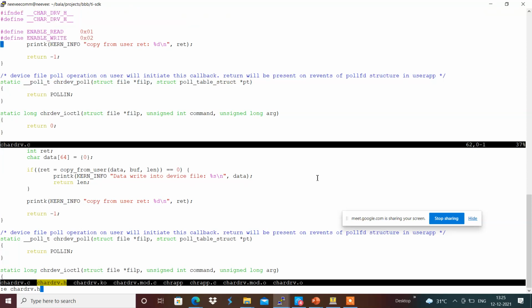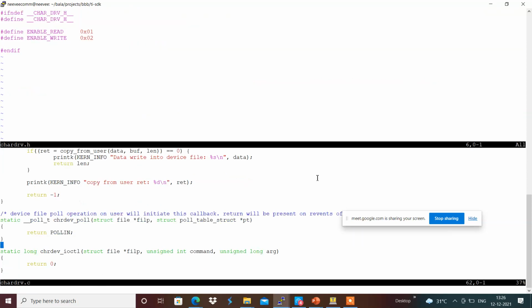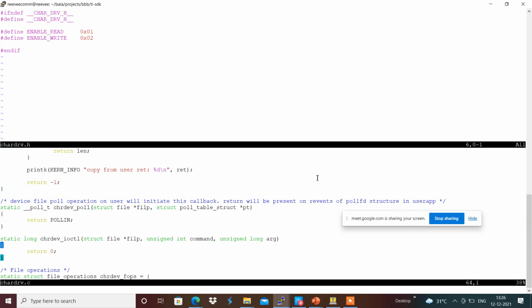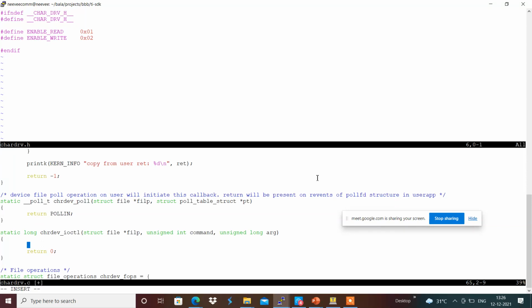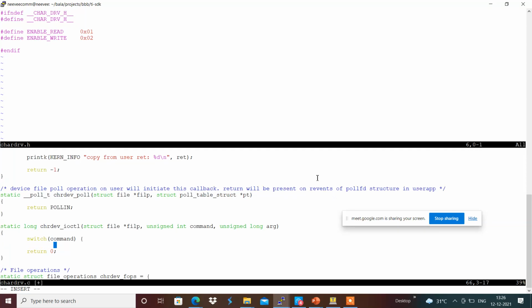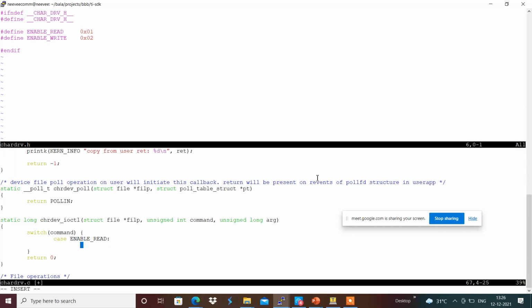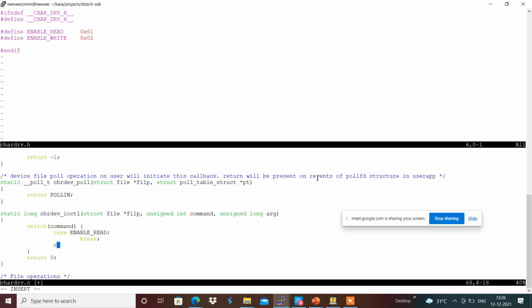We will have case ENABLE_READ and a break, and we will have case ENABLE_WRITE. Later we will see how we can handle the argument of the ioctls.